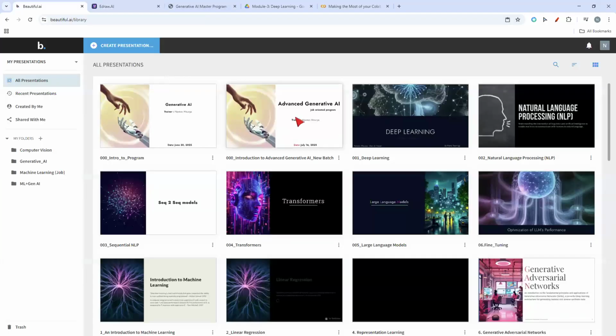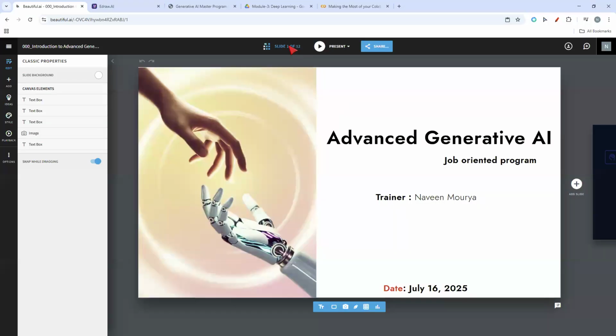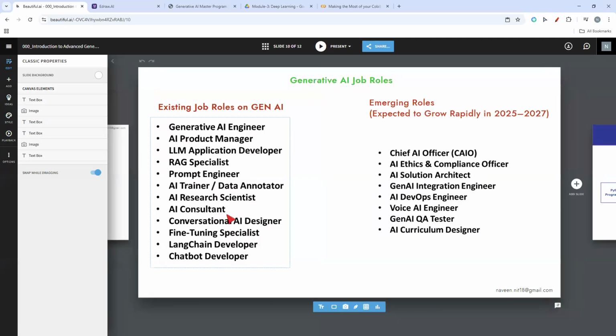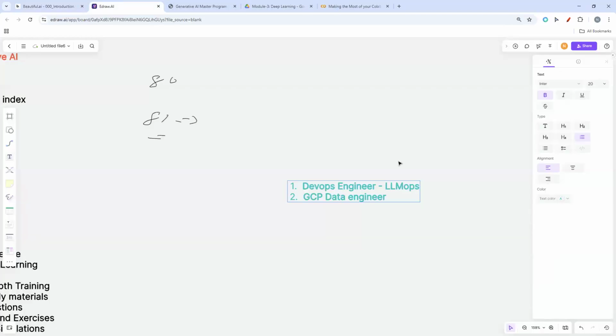So I have shown you the jobs, right? LLM application developer, and AI DevOps engineer is what is there. And here also we have LLM ops engineers as well. You can check in the portal, and your knowledge is going to be very helpful for the same thing.